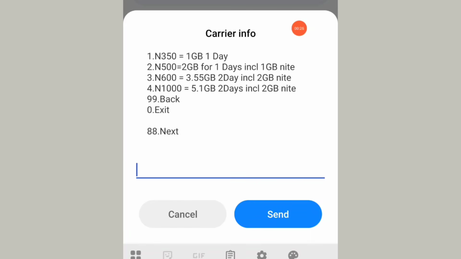The first option, with 350, you can get 1 GB of data. This data will last for 1 day. The second option, with 500, I can get 2 GB of data for 1 day, including 1 GB of data for night browsing, which means with 500 I can get 3 GB of data. The third option, with 600, I can get 3.55 GB of data to last for 2 days, including 2 GB of data for night browsing, which means with 600 I can get